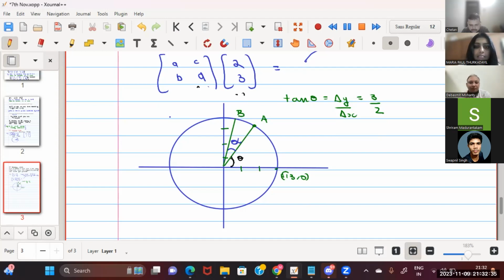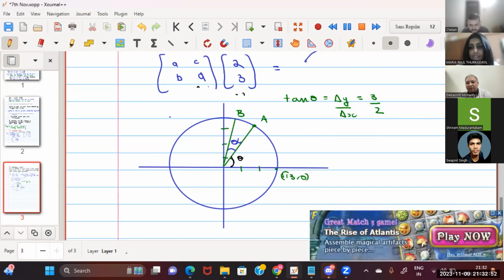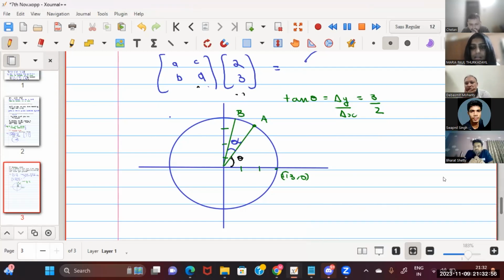So maybe, for the first case, we assume we don't actually know that the coordinates are 2 and 3. Should we have taken a general case? Okay, you can take x, y also, that's fine, not a problem. Yeah, okay. So the thing is that we know that it's 2 and 3, so we can actually